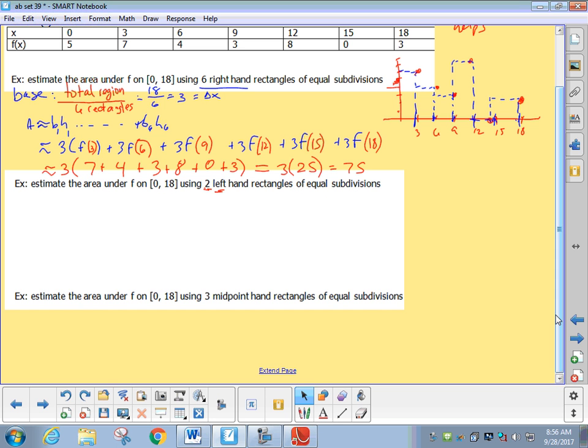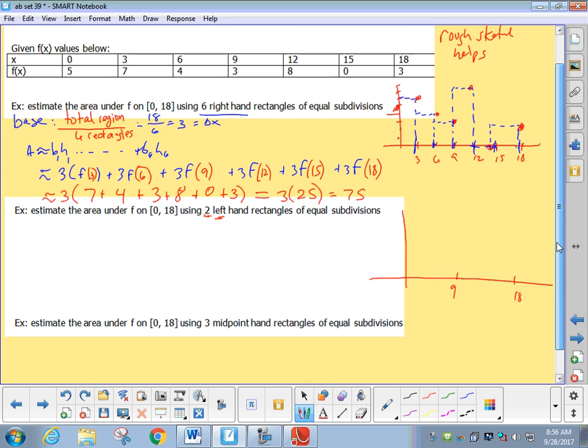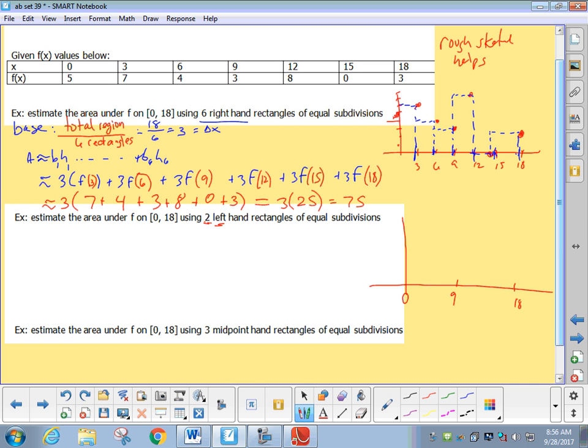Are you redrawing or are you just going off your old picture? You don't have to. If you prefer to go off the new one, that's fine, or the old one, that's fine with me. Because it's only 2 rectangles, it's not a lot of drawing, it's just 0 to 9 and 9 to 18, yeah? I only need the heights then at 3 points, 0, 9, and 18, so that's 5, 9, and